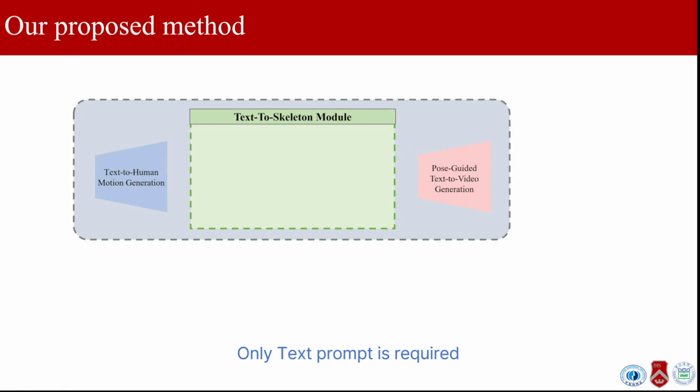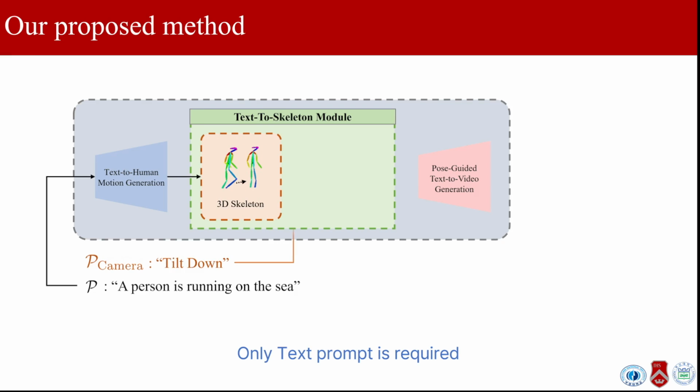Our proposed framework is as follows. We generate a sequence of 3D skeletons from text using an off-the-shelf text-to-human motion generation model, then project these skeletons. Subsequently, we employ a post-guided text-to-video generation module to create the corresponding video. In essence, our method utilizes only a text prompt to generate a video of a person that corresponds to that